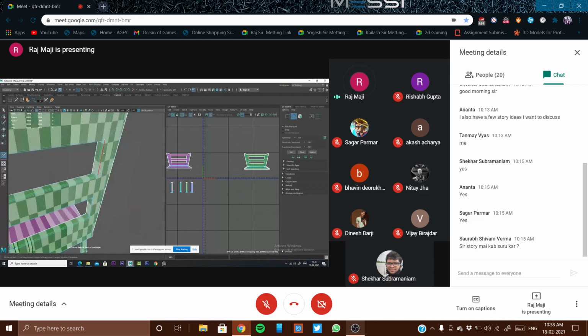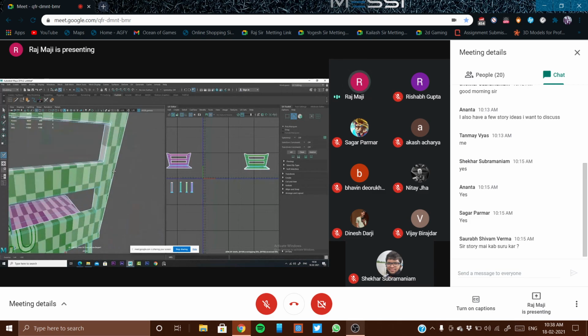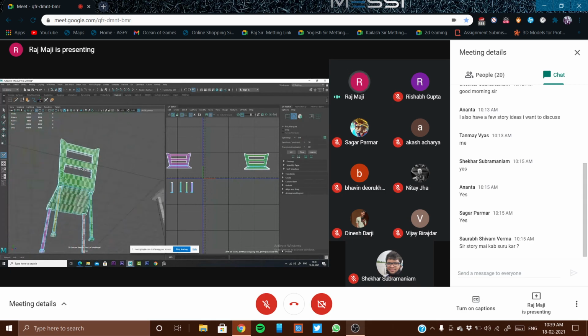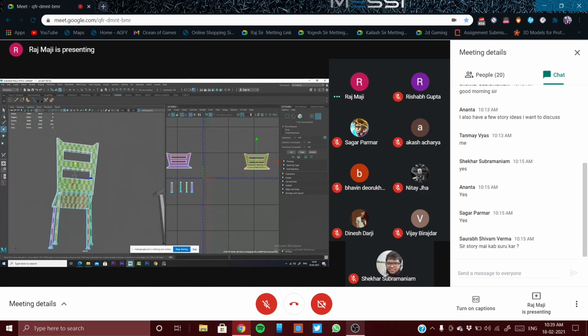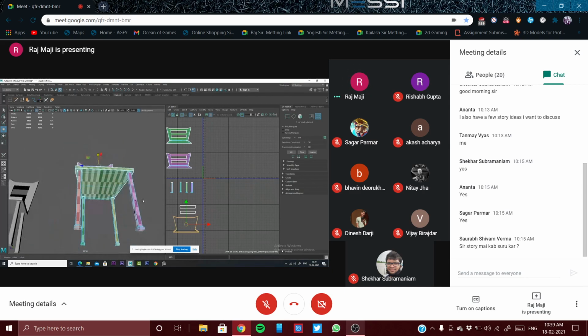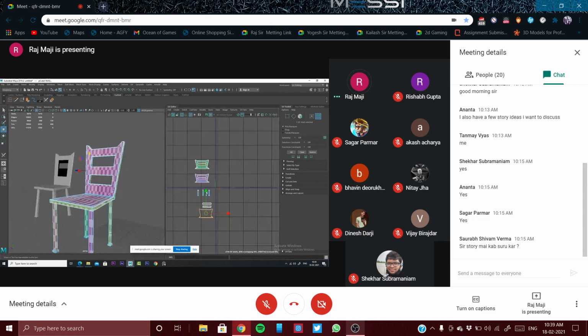And for this also, I have to do the same, the middle one and the middle one. So now what happened? Let us check the UV shell. So this is separate, and all these in-between areas, these are all separate. This is the inner side. Okay, all right.